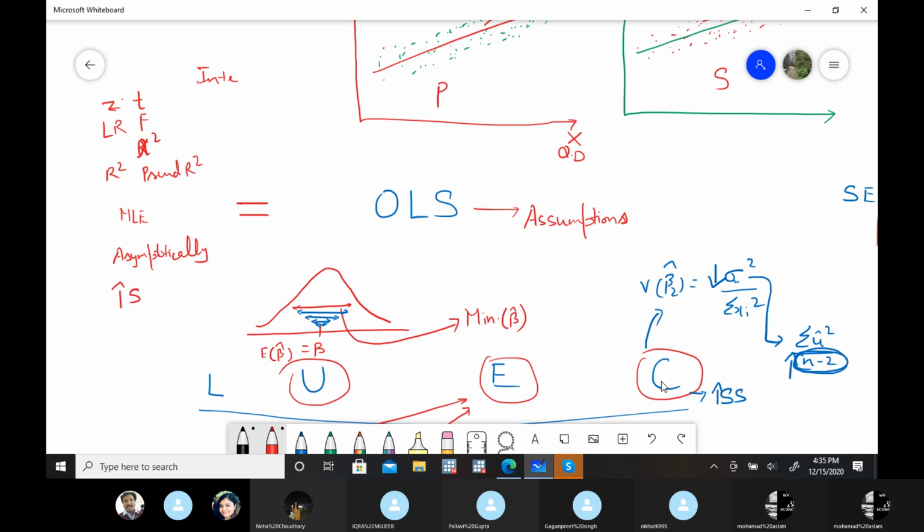See, in these two or three months, it's not possible that I can make you perfect, or that anyone is perfect. Definitely I have to learn many things, and you have to learn many things, but at least you should have crystal clarity about these concepts: what impact a change in one thing has on another. If you can understand this process, you will understand what impact these outcomes have on the inferential statistics and on your interpretations. That's what you have to do the maximum, and for these things we have software, so our work is even easier, but you have to understand this process.